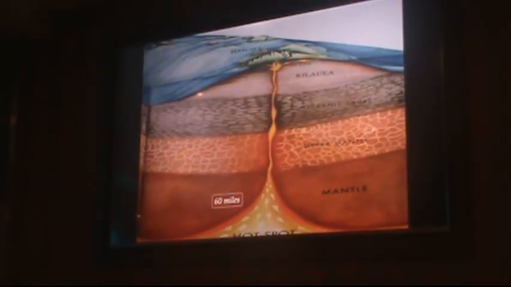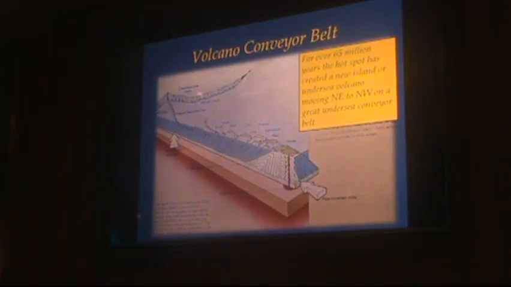Okay? This is what it looks like. There's Kilauea. Mauna Loa is also erupting as well. It's right next to Kilauea. There's our hot spot, and you can see how it's coming down. It's at about 60 miles below the crust. It's like a volcano conveyor belt here. And you look at that, and it just continues. And here's the Aleutian Trench over here. I think in this next photo I'm going to show you something kind